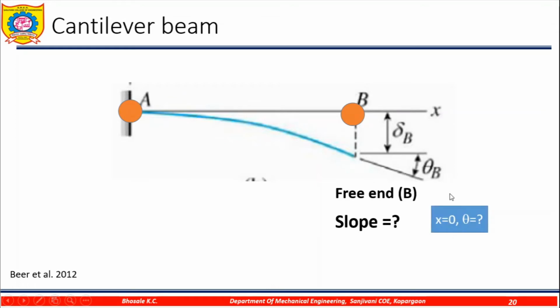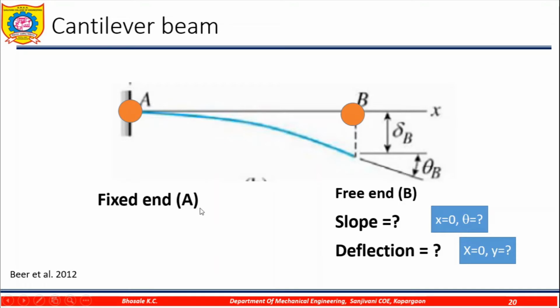So here we will put the boundary conditions. Suppose that here the distance is x. We will put the boundary condition equation. The boundary condition is the equation of the slope, that is, at x, what is the theta value. Similarly, at the free end we apply the load, so deflection will be there. What is the amount of deflection? For that purpose, x will be 0. So at the point B we will put the boundary condition as x equals 0. What is the value of y?